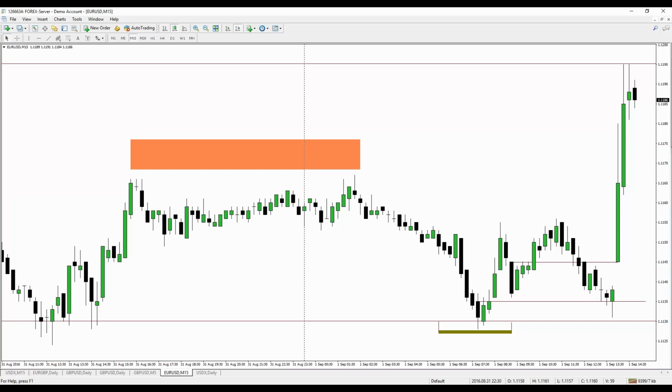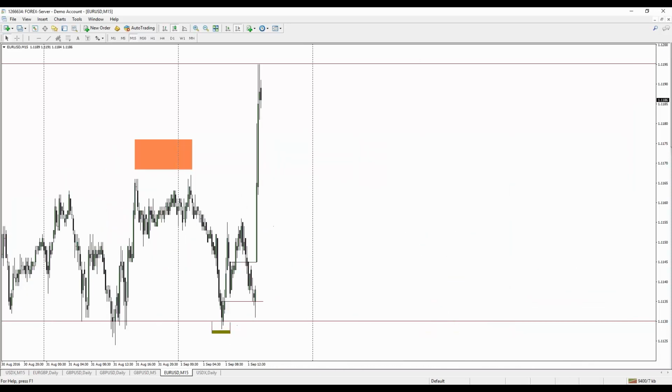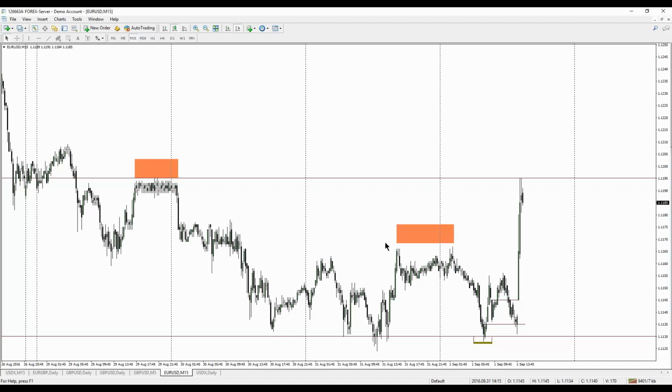Where is it going to go? It's going to go to where the liquidity is on the other side of the range. That means here's where the stops are, so they're going to run there. It hit that quickly. Above these levels over here, it's clean. It ran that out as well. Now we have this liquidity pool resting right here. It's going to hit that.